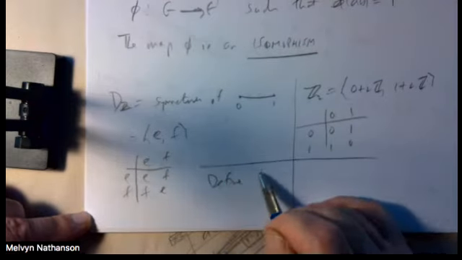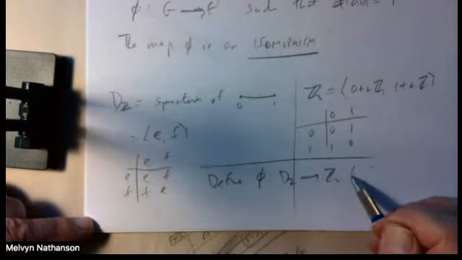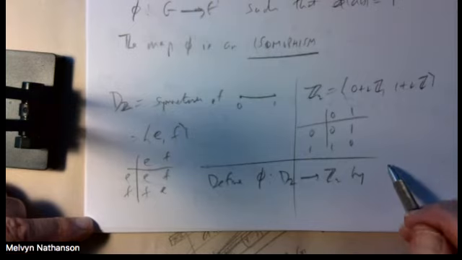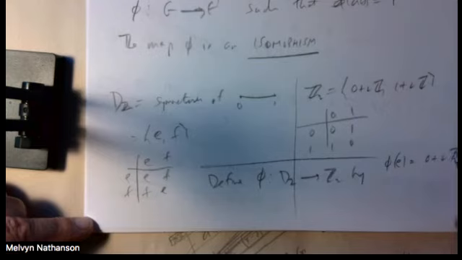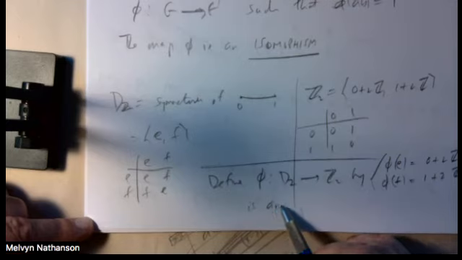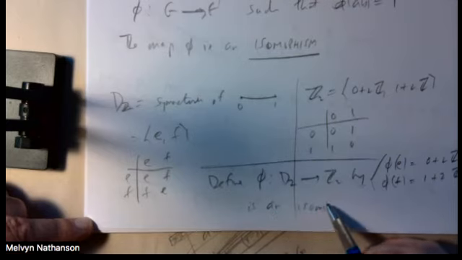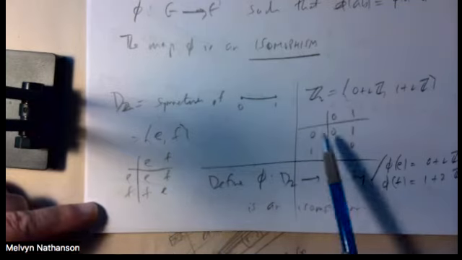And if I define a function phi from D2 to Z2 by phi of E is the congruence class 0 plus 2Z, and phi of F is the set of odd numbers 1 plus 2Z, this is an isomorphism. It sends the identity to the identity, and